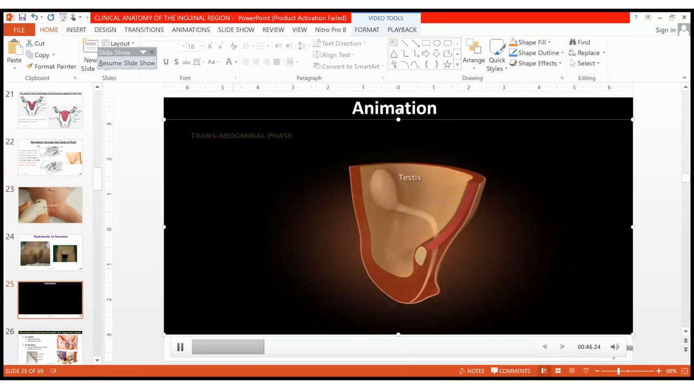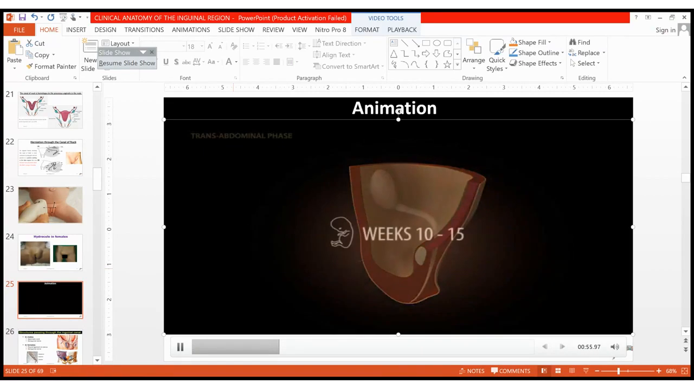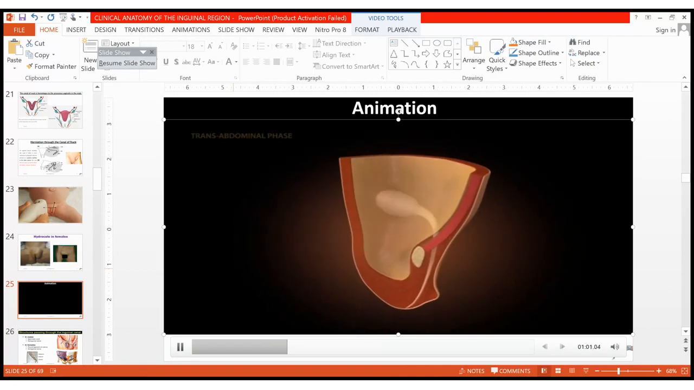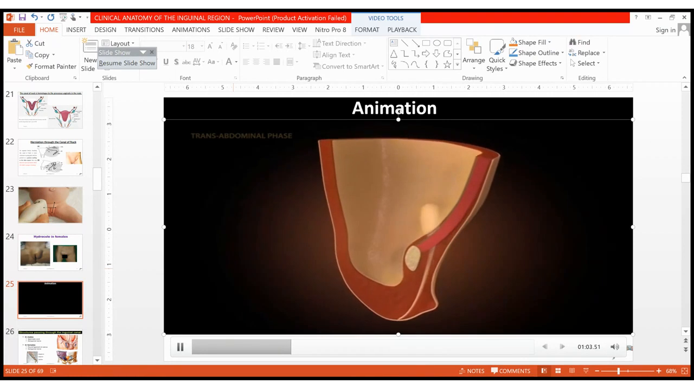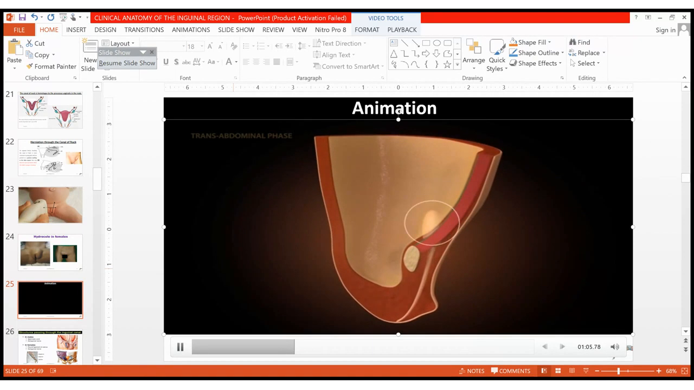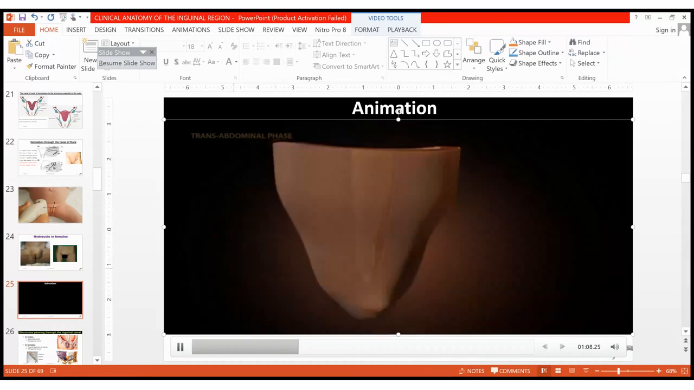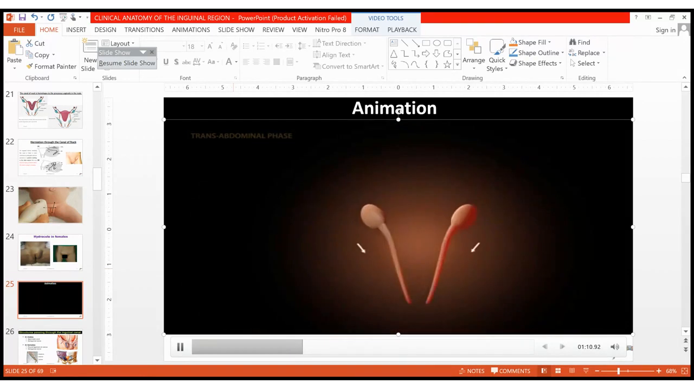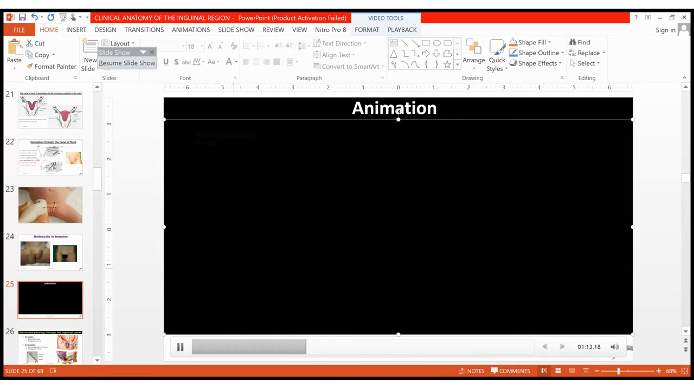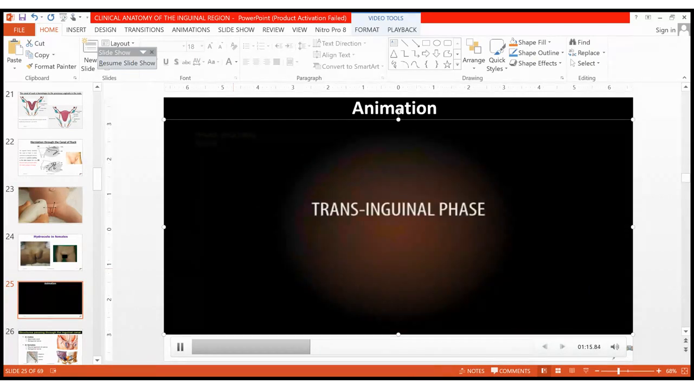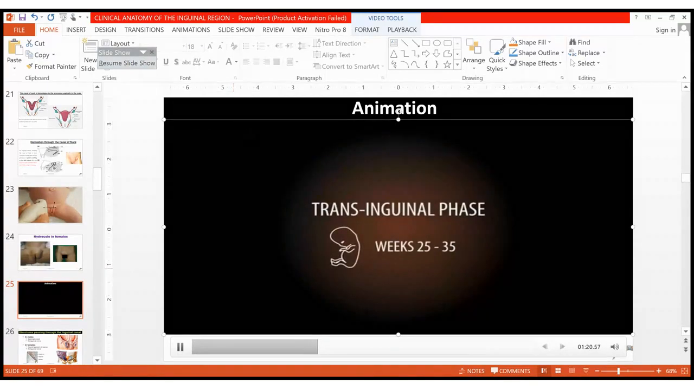The testis, which initially lies on the dorsal abdominal wall, develops between the peritoneum and the rest of the body wall. Between 10 and 15 weeks of development, the abdominal cavity enlarges, causing the anchored testis to be drawn downward to the mouth of the deep inguinal ring. During this descent, the testes travel in a lateral to medial direction. The transinguinal phase is an active process that takes place over a couple of days between 25 and 35 weeks